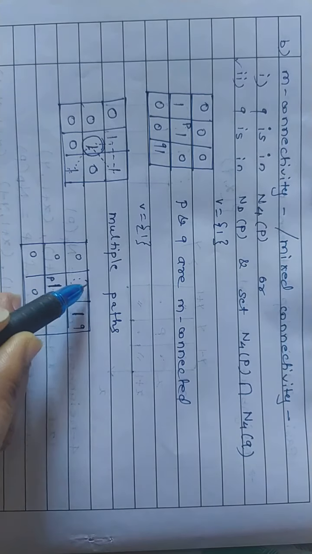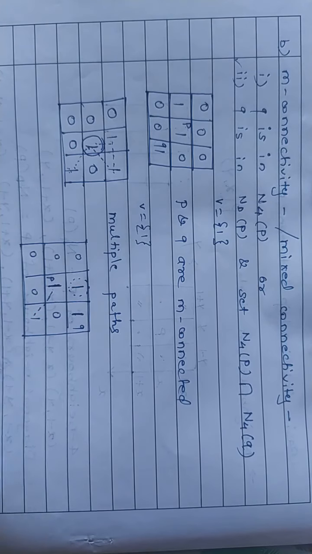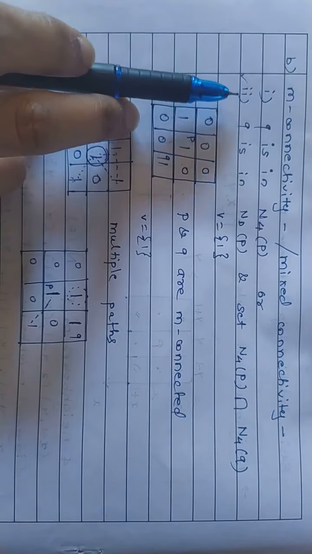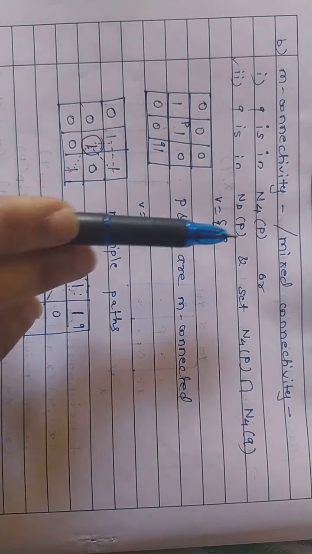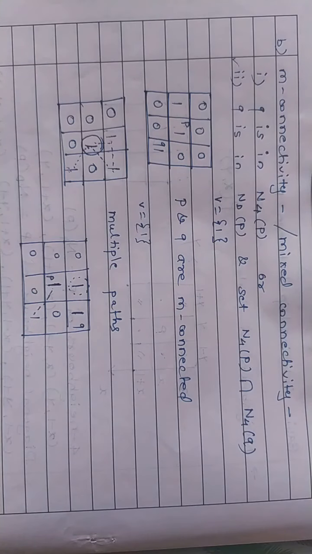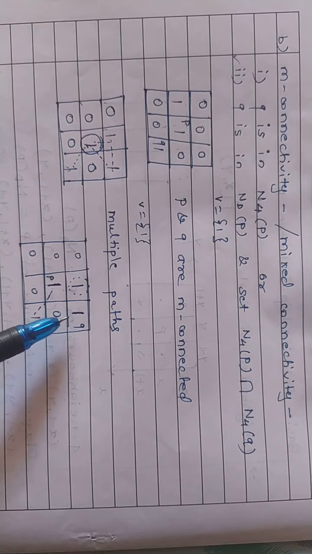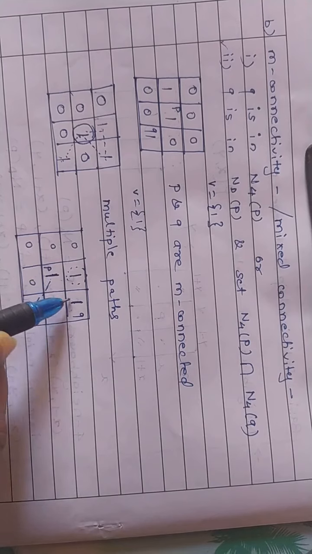So this pixel is a common 4 neighbor of pixel P and pixel Q. That's why pixel P and pixel Q do not satisfy the second condition. Means the first condition and second condition are both not satisfied by pixel P and pixel Q for connectivity purpose. That's why we cannot connect pixel P and pixel Q. So there is no connectivity